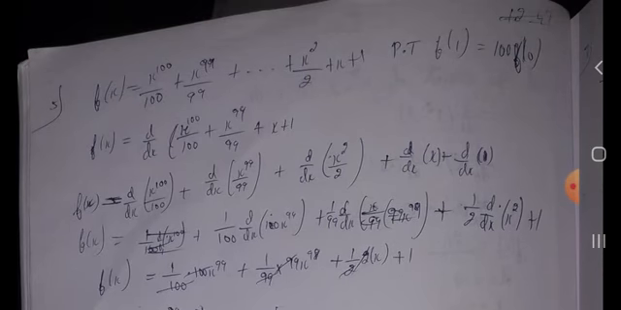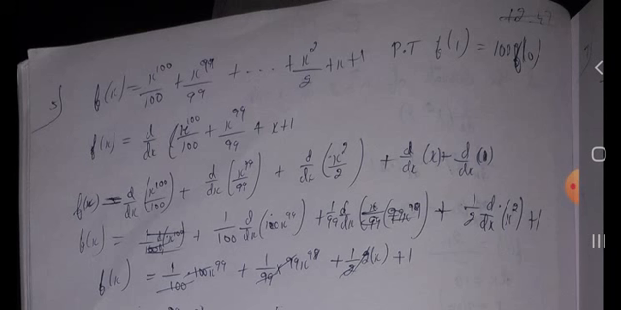So f(x) is equal to d by dx of x^100 by 100, you have to take 1 by 100 times d by dx of x^100, so therefore 100 x^99, so 100 gets cancelled, 1 by 100 d by dx is equal to x^99, 1 by 99 d by dx is equal to x^98 plus 1 by 2